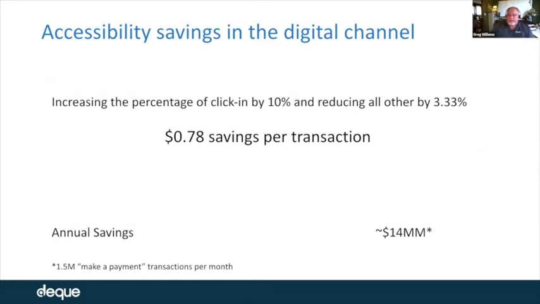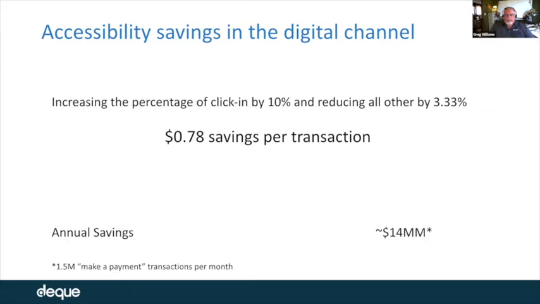And we've done some studies, and I've got some other presentations that are available on deque.com, one of which I think I might have given to this group last year, that talked about, in operations, trying in an omnichannel organization to direct people to the digital channel. Obviously, this is probably your most efficient channel in terms of doing business. This is why we see companies bribe us all the time: I'll give you X if you'll take your notices of privacy, or if you'll take your statements paperless, because this channel is where we want to